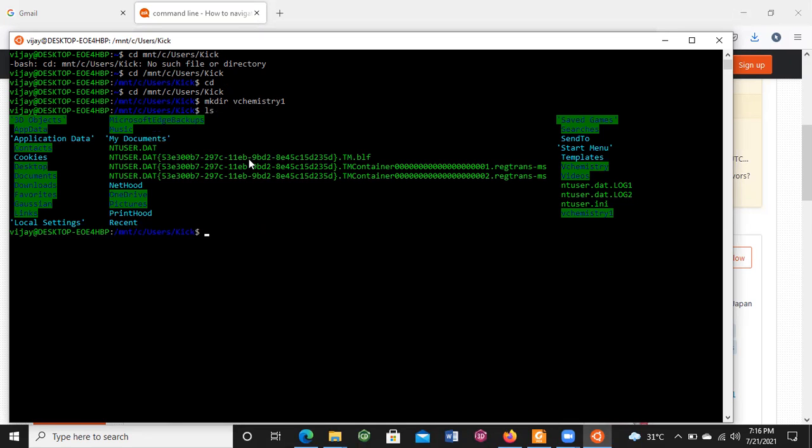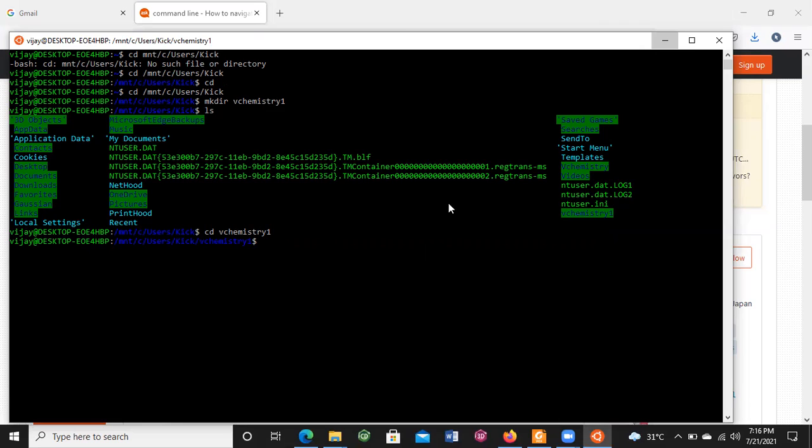We can check that vchemistry1 is the folder here. Now we need to use the command cd vchemistry1 to move inside the folder directory.